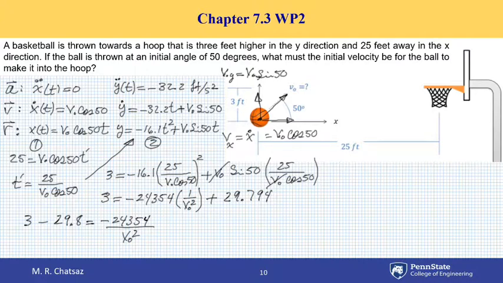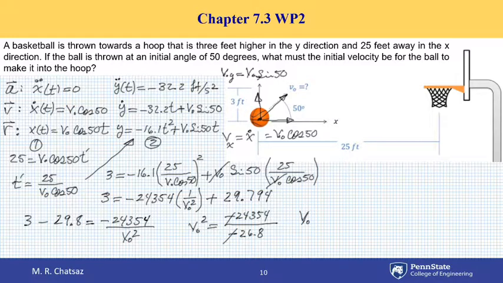Observe that the left side is a negative number, so I can rearrange this equation and write v naught squared equals minus 24,354 divided by 3 minus 29.8, which is minus 26.8. Observe that minus cancels out, so I take a calculator and take the square root of this fraction on the right side